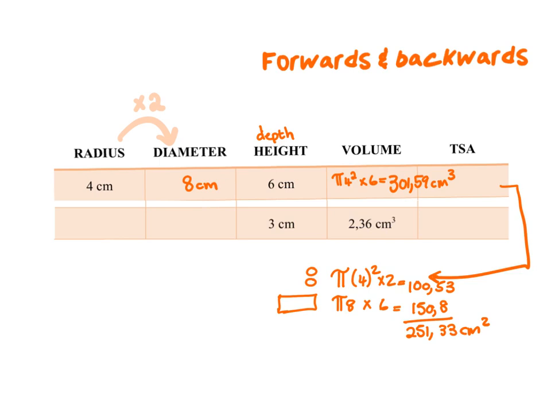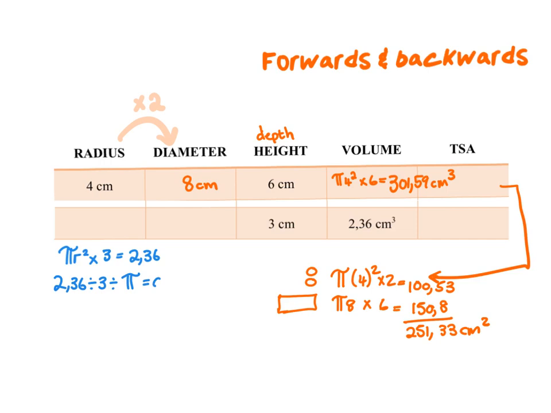So in the next question, they gave us the volume, and we now need to work backwards to get the radius or the diameter. So thinking back about what your formula is, pi radius squared times depth or height gives you the volume, in this case 2,36. So if I work backwards and I know that the depth, or the height, is 3, and I know what pi is, I can find out what radius squared is. So if you write this down, 2,36 divided by 3 divided by pi